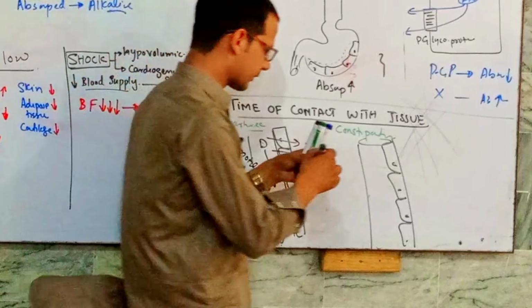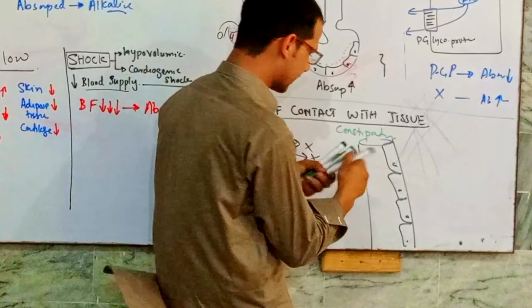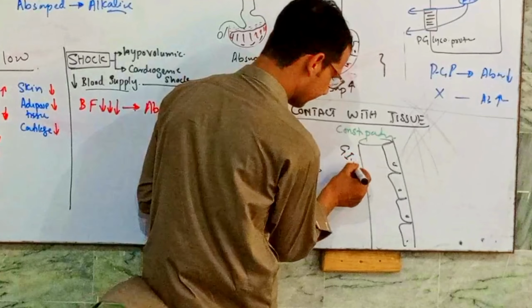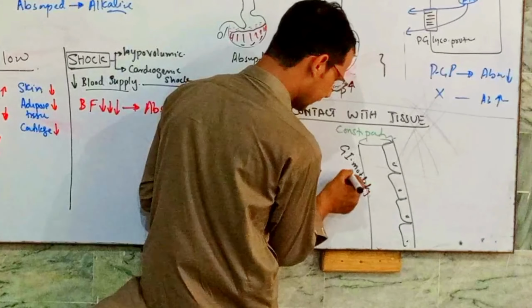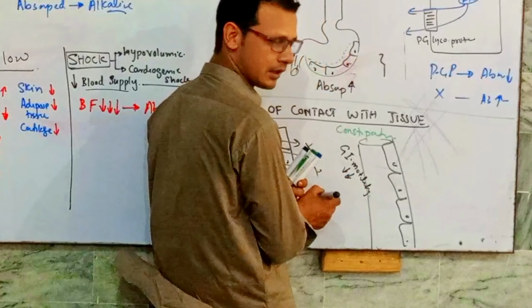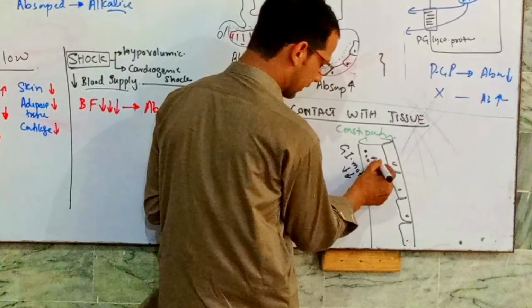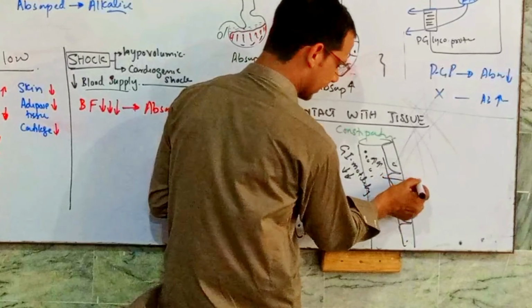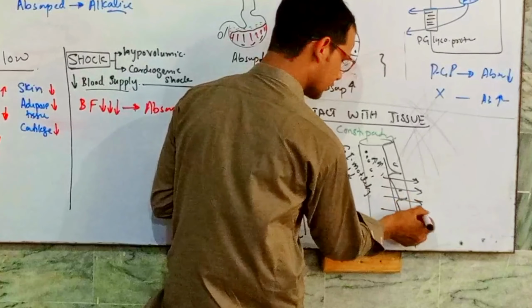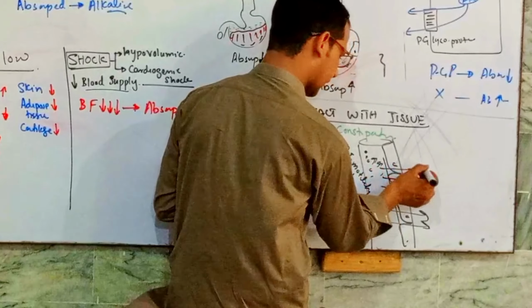In comparison, if a patient has constipation, the GI motility is very low, and this drug has a high time of contact with these surfaces, and it will absorb very slowly and in very high amount,